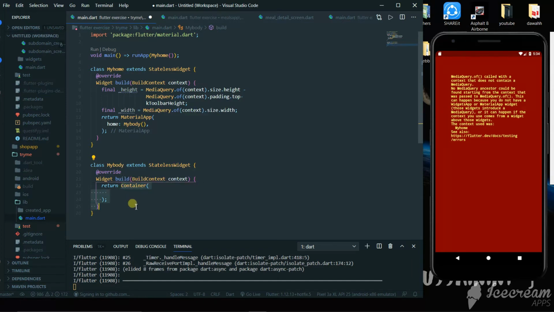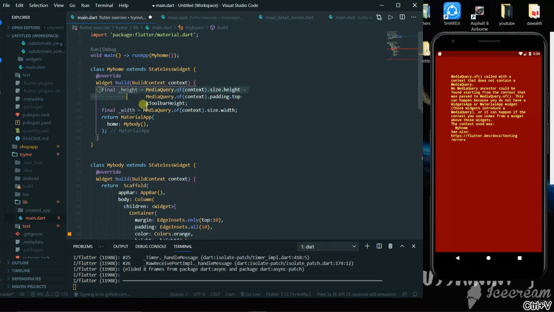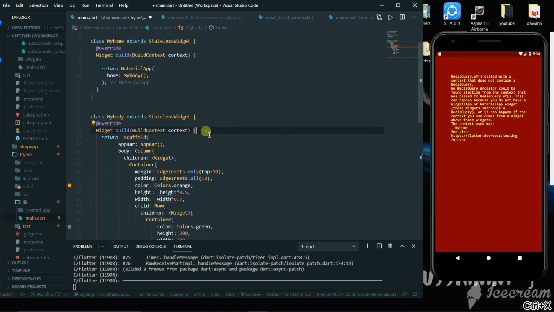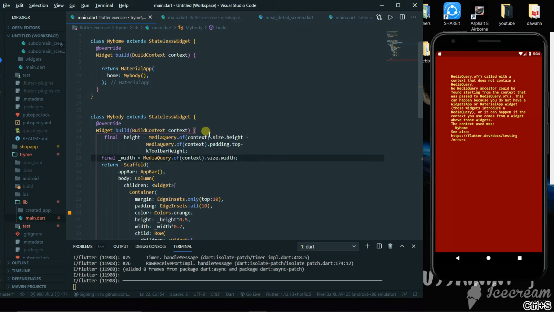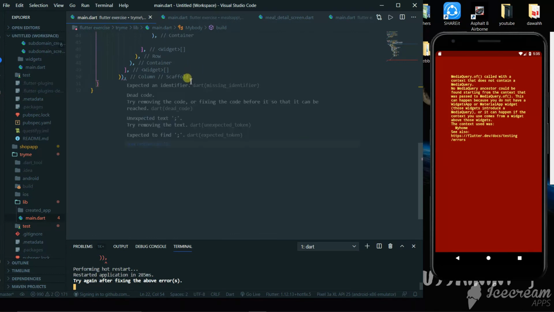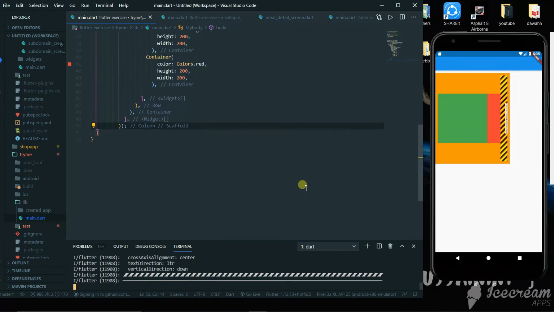And we'll paste this scaffold inside this. Now we'll cut this height and width and we'll paste this inside the build method, and we'll save this. Now we'll run this and see. We'll have to give a semicolon in the end. Now that gives us the output.